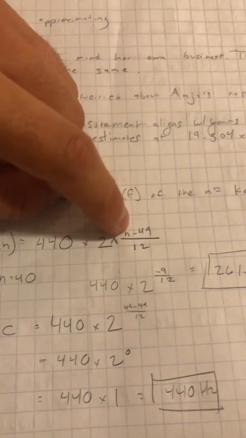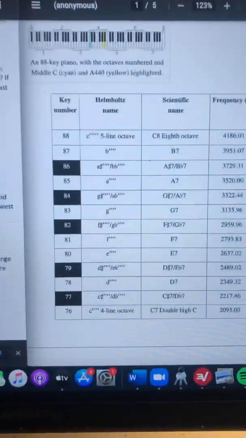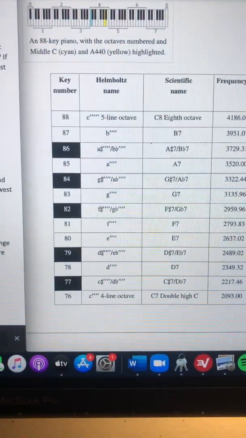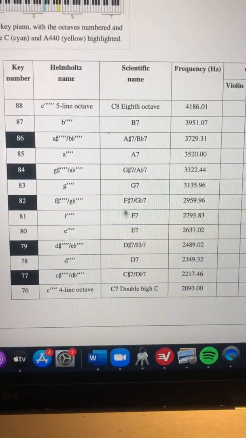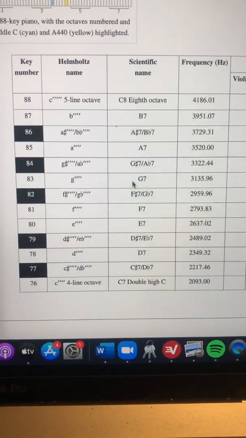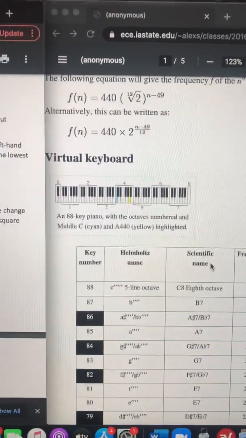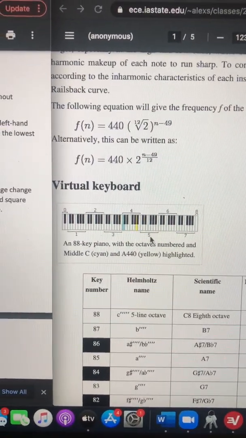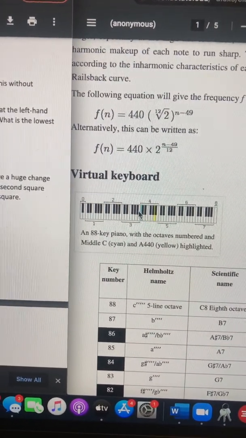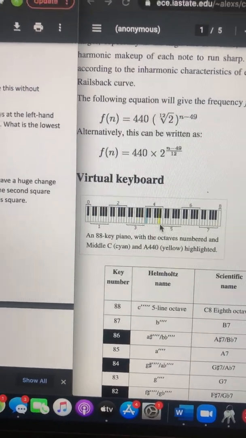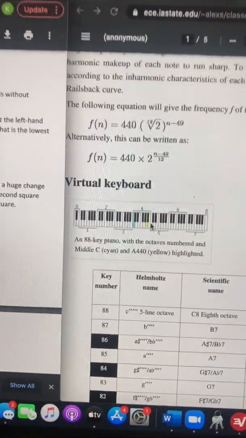But how do we know what the key n is? Well, if you just Google it on Wikipedia, you can find what key number correlates with which note. So you have different notes, and then you have their octave associated with them. And if you weren't familiar with piano, you'd have to figure out by reading up here where middle C is. Here it tells us that middle C is highlighted in cyan, and A above C, as it's stated in the problem, or